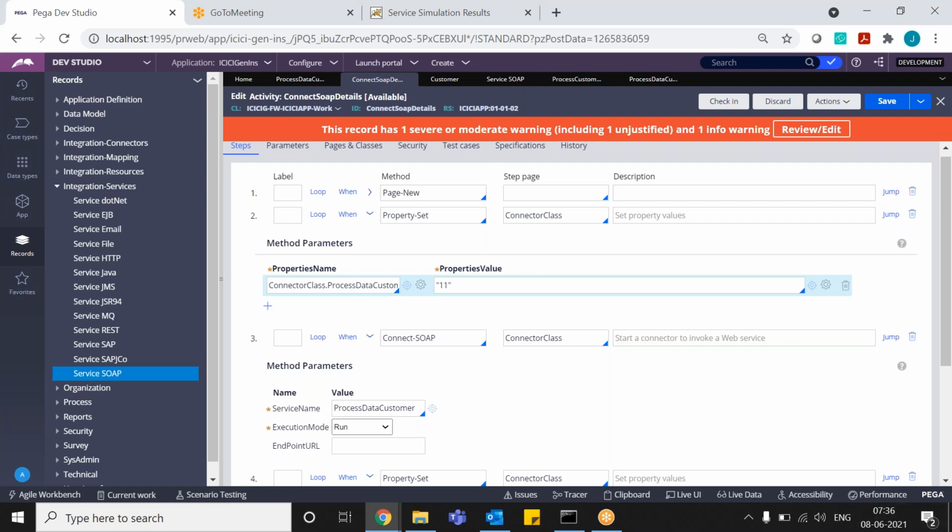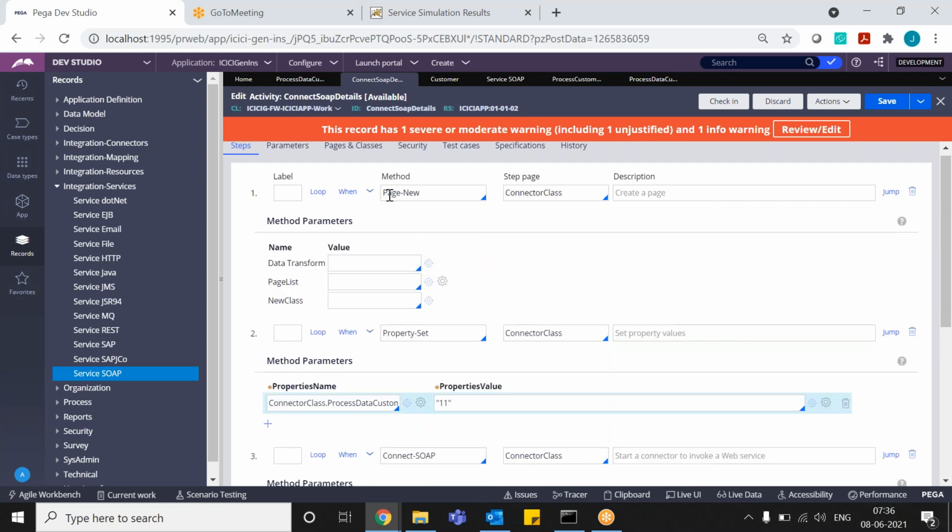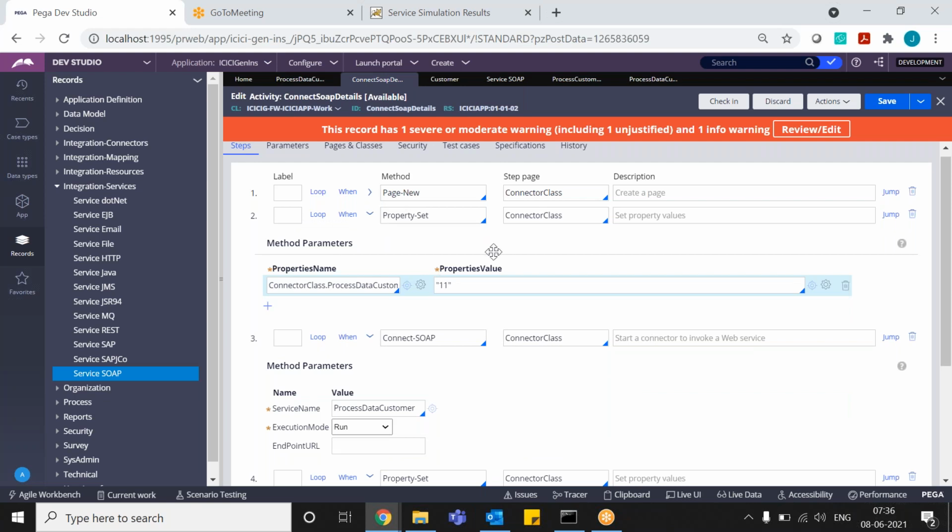Step page should be connector class. Yes, sir. Okay. Now let's try to run that. Now run once. Yeah.